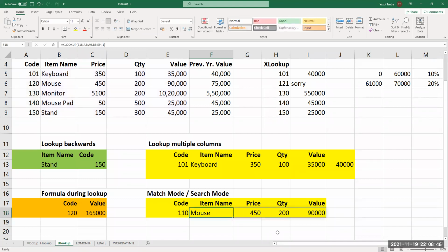Now, anywhere between 101 to 120, it will go to the next item. So if you take 102, it will be the same. If you take 119, it will be the same. The minute you say 120 or more, it will change. I'm sorry, 121, it will change. It will go to the next item. Okay. Are we clear on this?